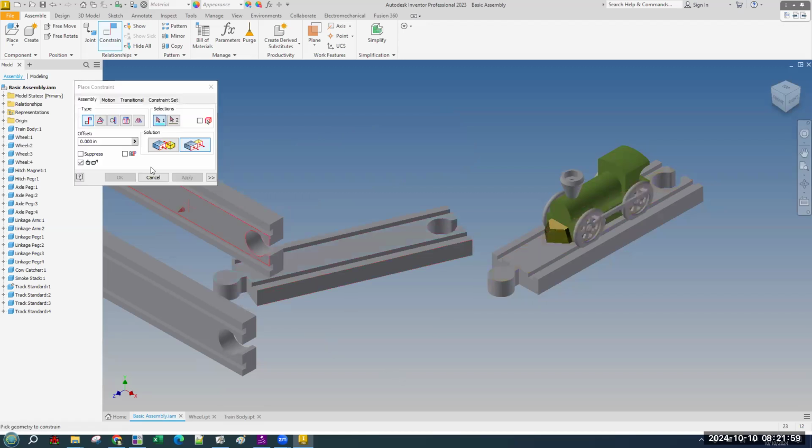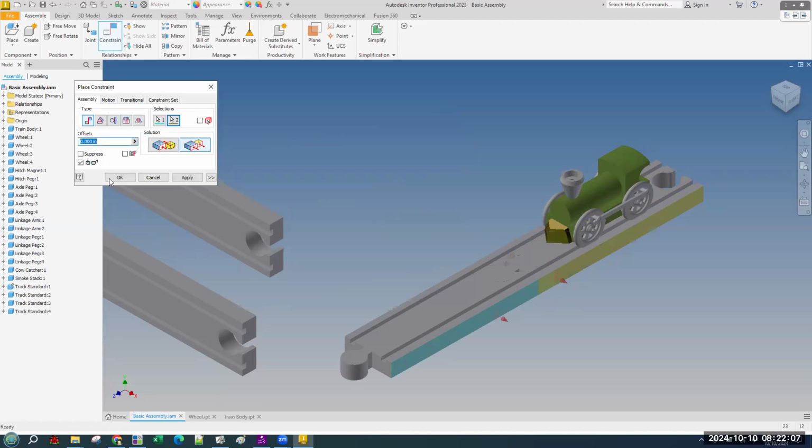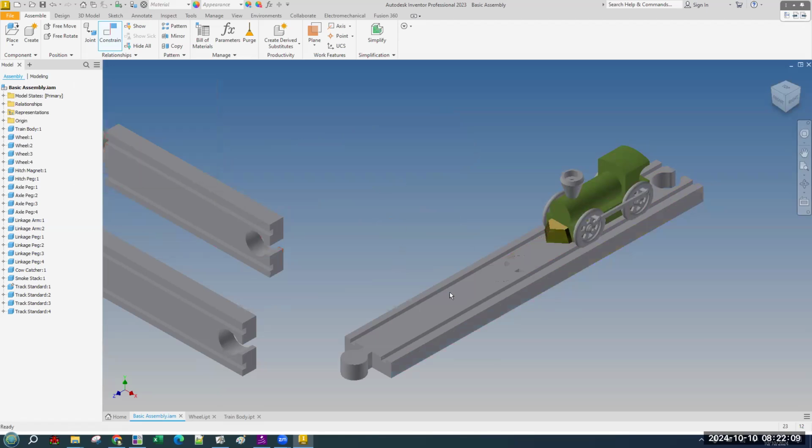Apply. And if you just hit apply, it doesn't close, it keeps the same settings. I know I want to flush the side to the side. Hit OK. And again, if you're not sure what the third one is, grab it and see where it moves. And here I want to mate, like glue together, this face and the face that it's